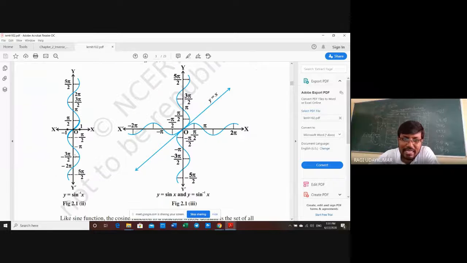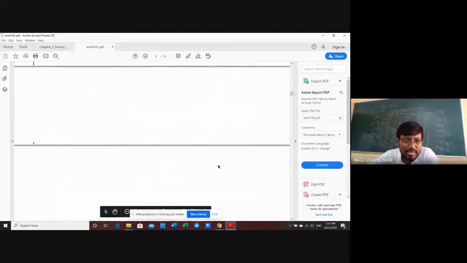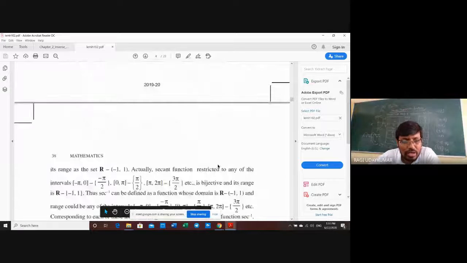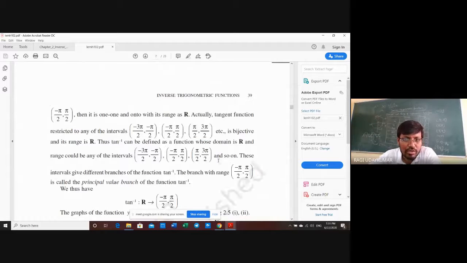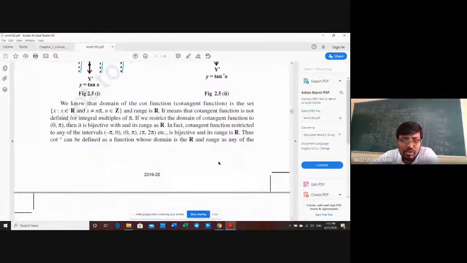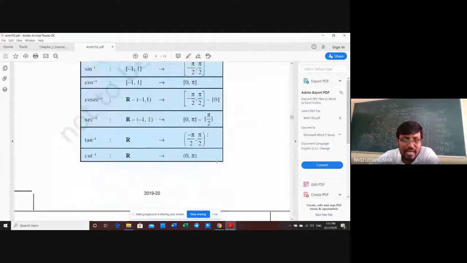Here this is a sine inverse graph, and this is sine and sine inverse together. The sine graph is given in a horizontal way, and sine inverse is given in a vertical way. Like that, all the graphs are given to you. Graphs may confuse you a little bit, but you need to know the graphs also from the JEE point of view. Graphs will give you very clear-cut information. So go through this, and if you have any doubts, please ask me.